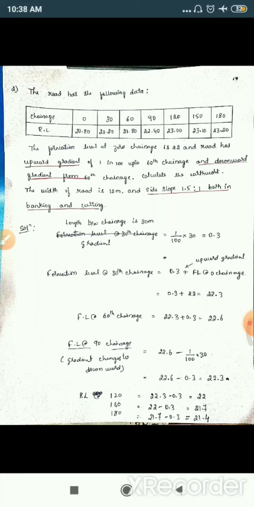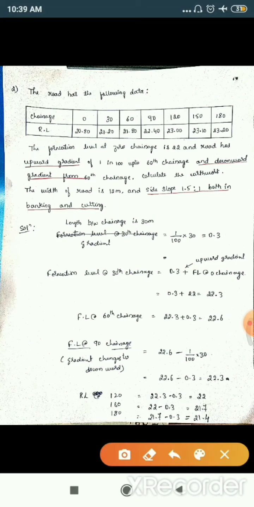For the mid-sectional area method, we'll solve for the mean sectional area method. I hope you know how to calculate this gradient and how to find out the formation level at different chainages. So now, next,